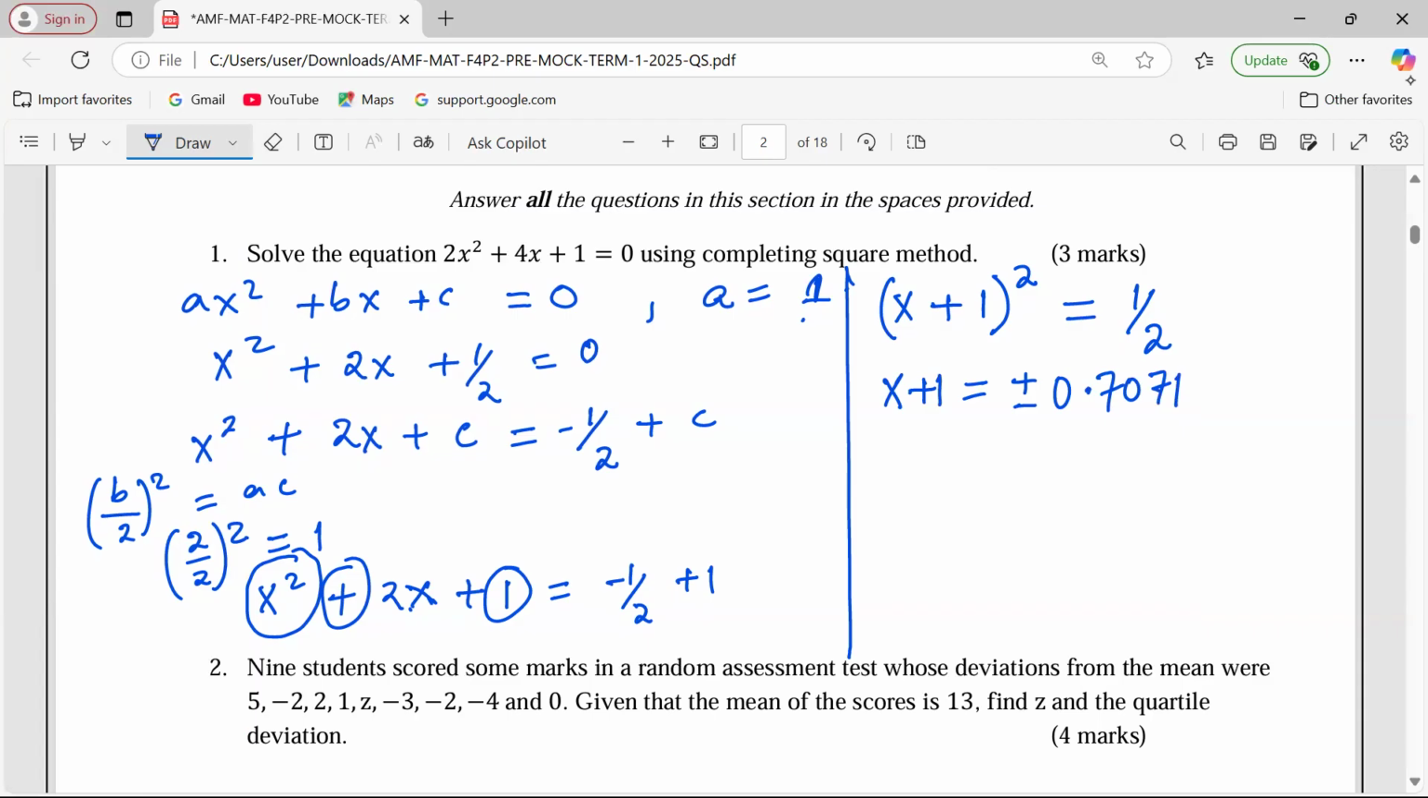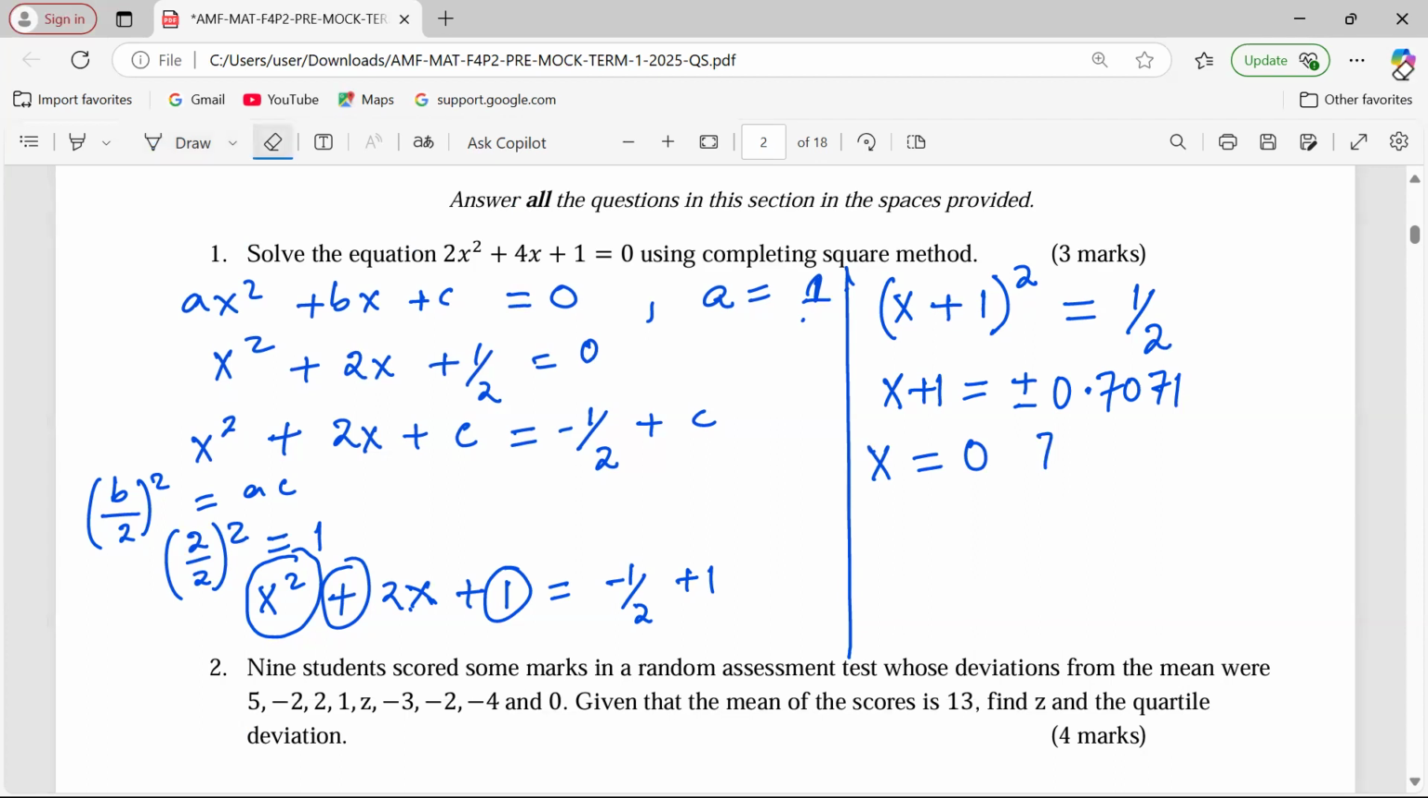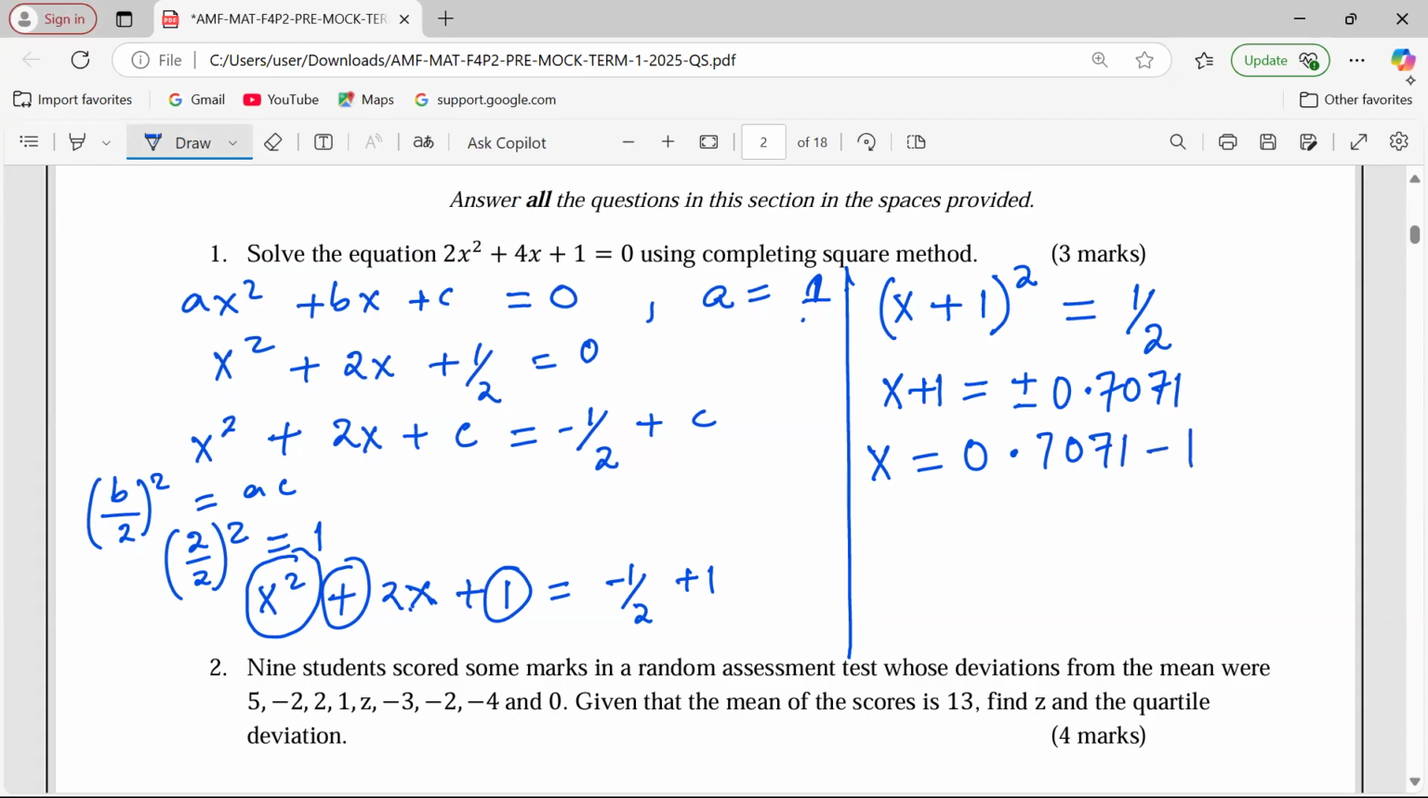7071 to 4 significant figures. So I've approximated the value to 4SF. So the first value of x is going to be, when we take 0.7, this point, sorry. When we take the first option of the square root, which is the positive 1, and we subtract 1, this one is going to give us negative 0.2929. Or the value of x can be, the other option of the square root can be the negative value